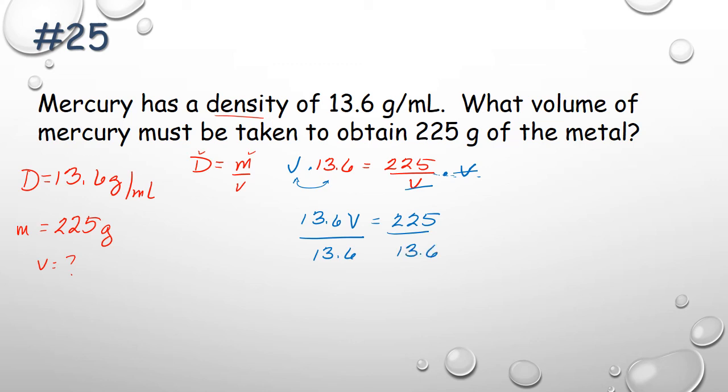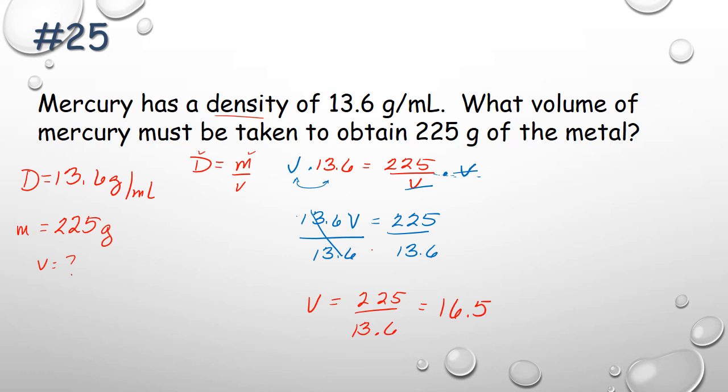13.6 divided by 13.6 makes 1 and they drop out, leaving me with a variable all by itself. I can now set the problem up to say V equals 225 divided by 13.6. Let me pause the video and figure out what the answer is. All right, I ended up with a volume of